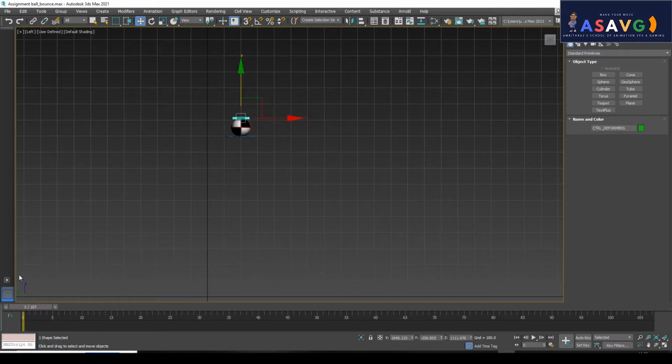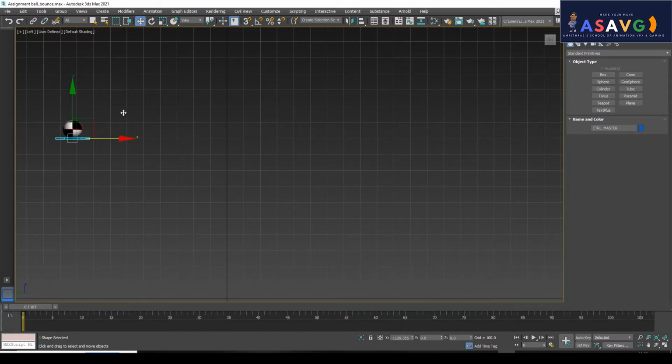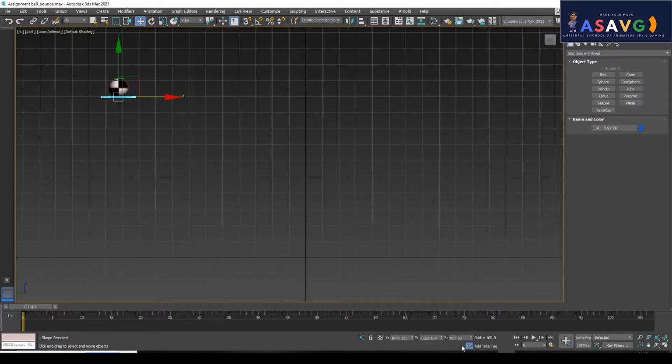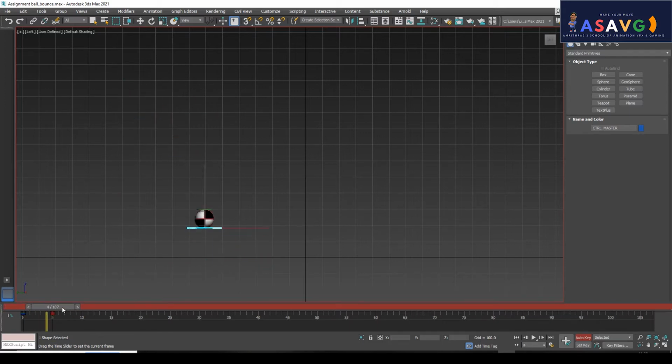Okay, so we'll start. From the height he is jumping, so we want to show some weight for that. So I will be making auto key enable, and the ball is jumping from the height, so I am putting it a little bit over here. Okay, so it is coming like this. If you want, you can add more spacing, so the spacing will be a little bit over here.